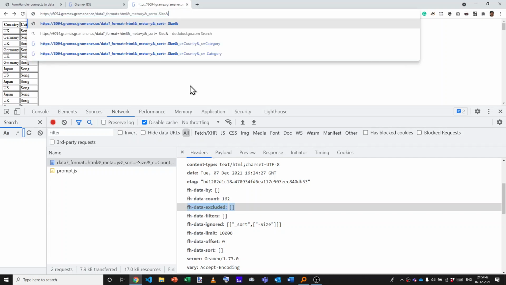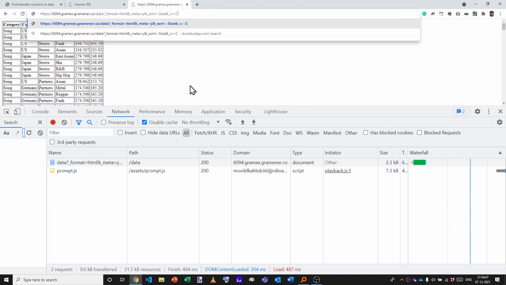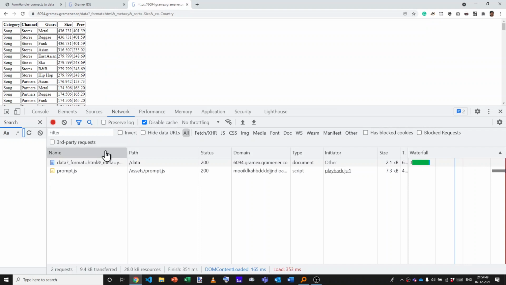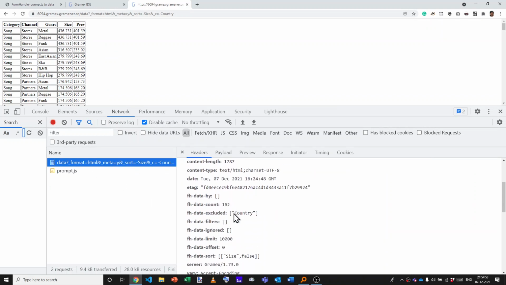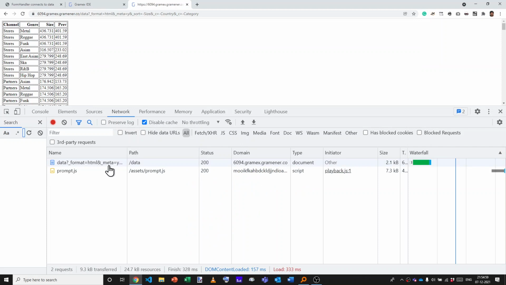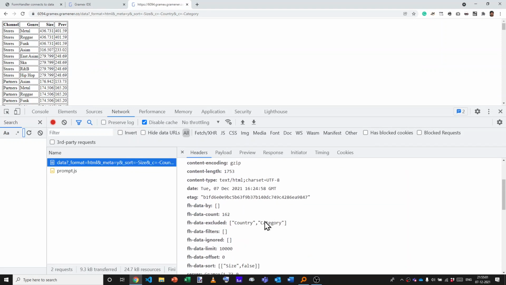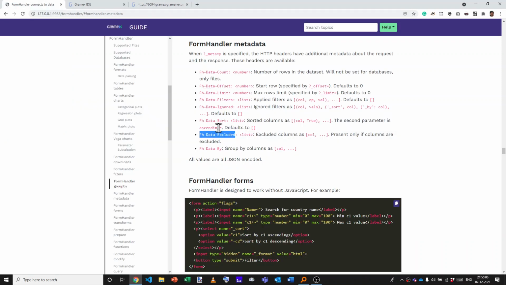So if I said show me everything except _c=country, exclude country explicitly, then FH-Data-Excluded has country. If I also exclude category and see the result, that also includes country and category in the data excluded result.